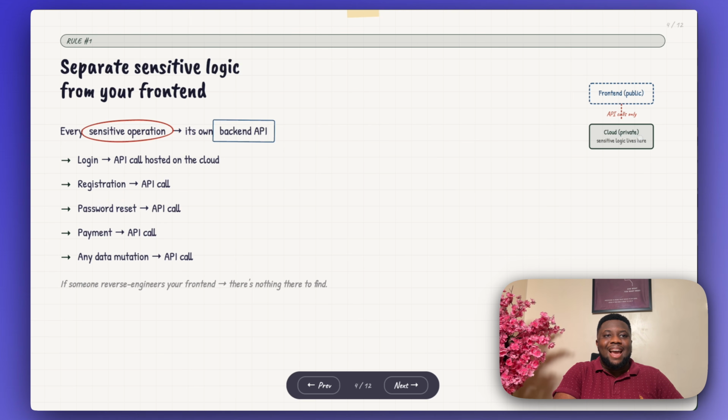And now with that, I can do a lot of securing that logic here. Because if you try to secure it from the front end and you make front end calls, you make a lot of mistakes where hackers can easily look into your app or look into the code and then manipulate things here and there. So this is the first thing you need to start doing. You can tell your AI agent today, this function, let it be an API call. That's the first thing you can do.